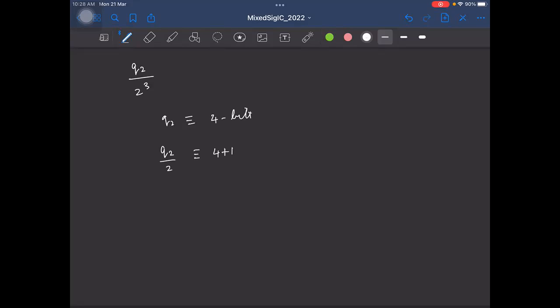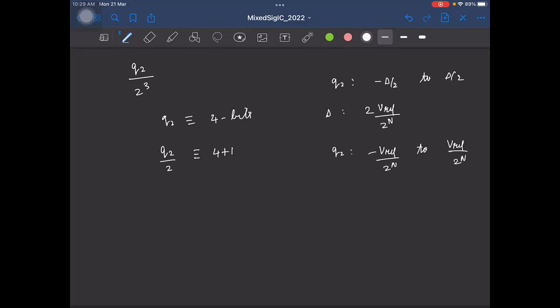One easy way to think is, Q2 was spanning from minus delta by 2 to plus delta by 2, and delta essentially was Vref by 2 power n, let's say. Which means this is spanning from minus Vref by 2 power n to